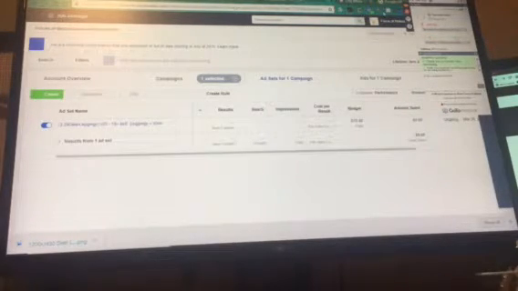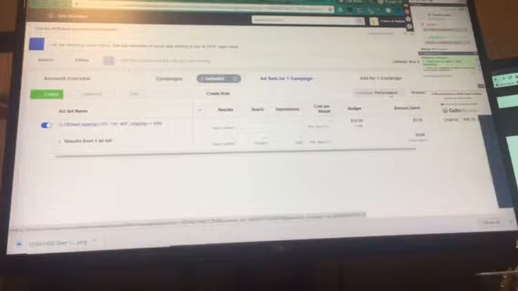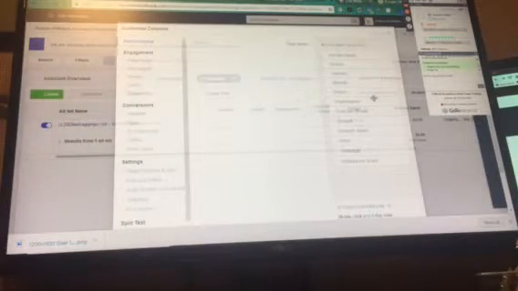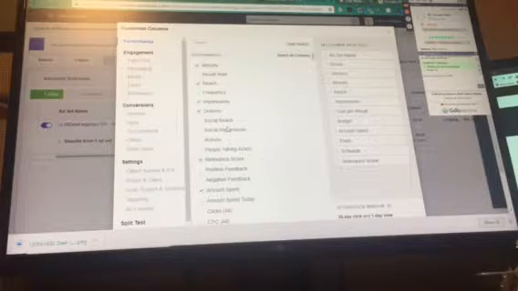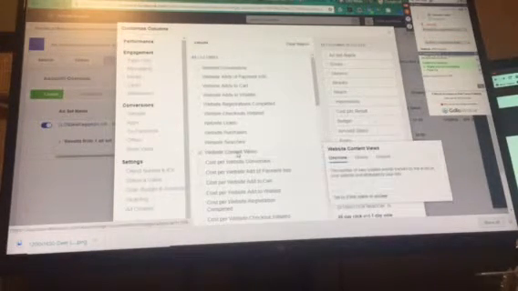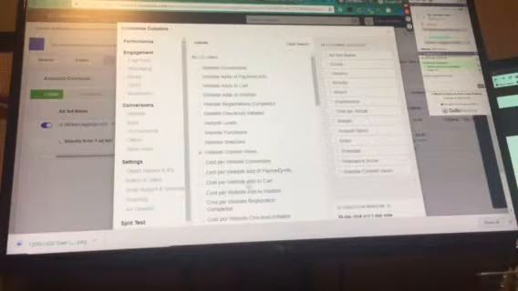So the metrics, really quick, I want to go back to this because I do think that this is important for you between now and next week. In this section here, I know Domingo covered this the past couple of weeks, under columns here, if you click column, you can customize your column. And if you customize your column, you're going to get a window with all kinds of different metrics that are available for Facebook. And it can be overwhelming. But at the end of the day, what you're looking for is a few different things. Website content views, right? You're looking for cost per website add to cart,